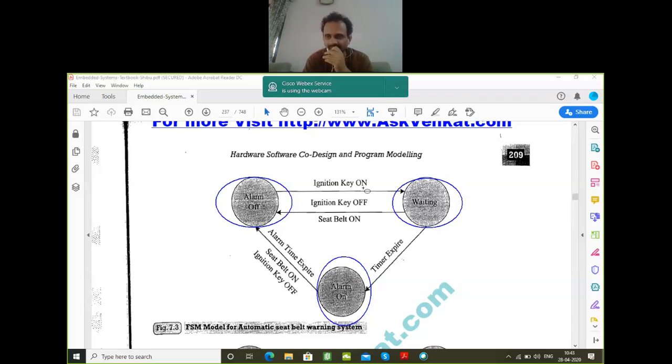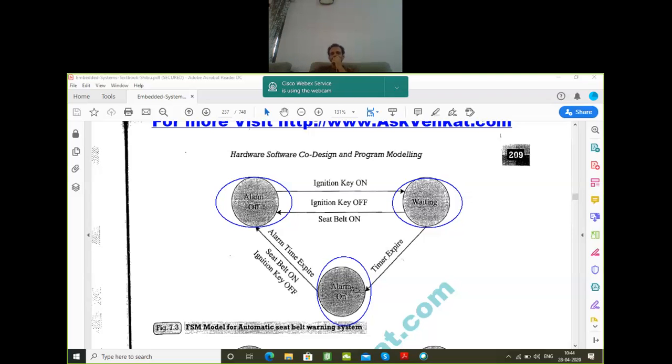The alarm will wait for 5 to 10 seconds to check whether the driver is wearing the seat belt or not. If the driver is wearing the seat belt, then fine and good. Otherwise, it will wait for 5 seconds and it will sound the alarm. Okay, the alarm will become on. After waiting for 5 seconds, if the passenger or the driver wears the seat belt, the alarm will become off. Otherwise, the alarm will be in the waiting state and after 5 seconds, it will produce sound.